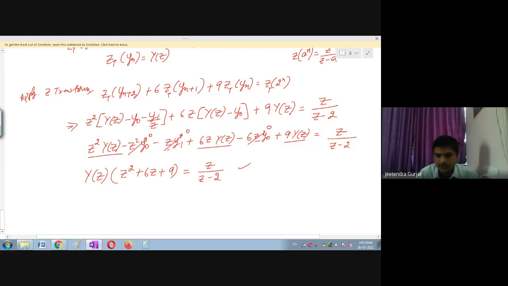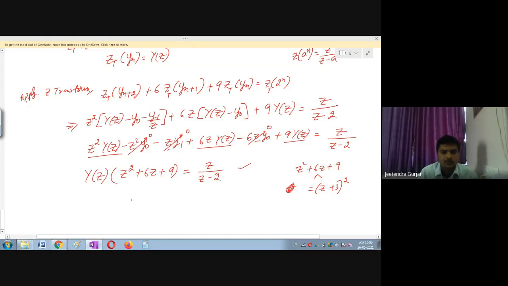Prajwal, please check. I want the answer from you. Partial fraction, fast. So I will take this z square plus 6z plus 9. Okay, now I will split this. So this is again z square, or you can take this as a plus b the whole square, I think you will get here. So you can just simplify and check, z plus 3 the whole square, that is a plus b the whole square. So z square plus 2ab, so this is 6z, plus b square, that is 9. So it is z plus 3 the whole square, students.